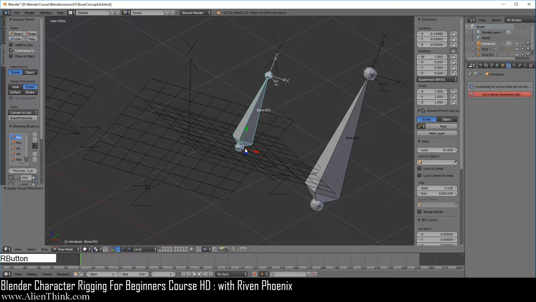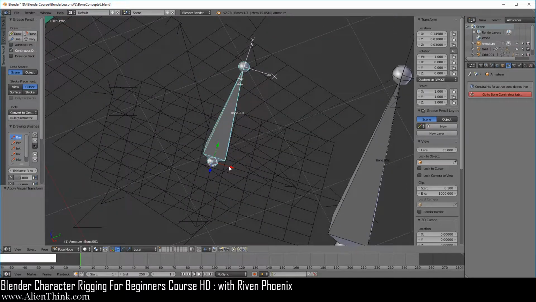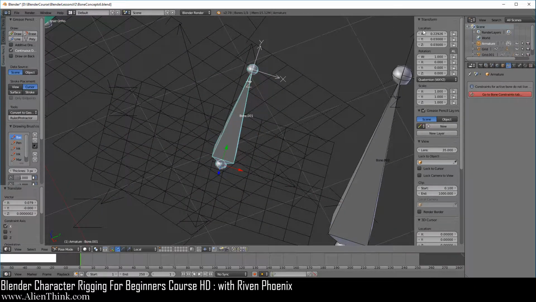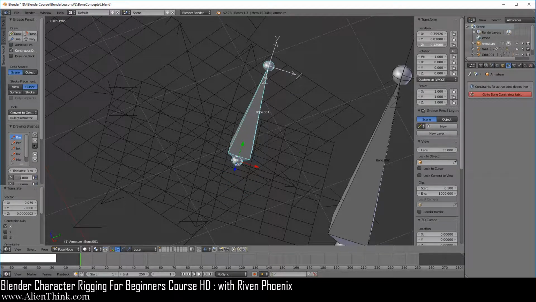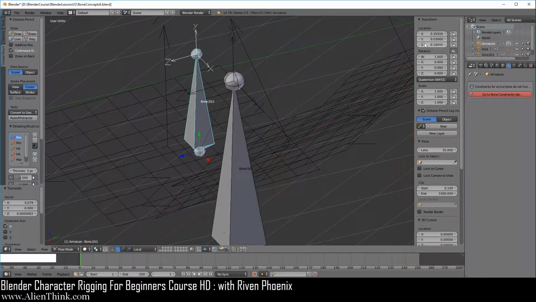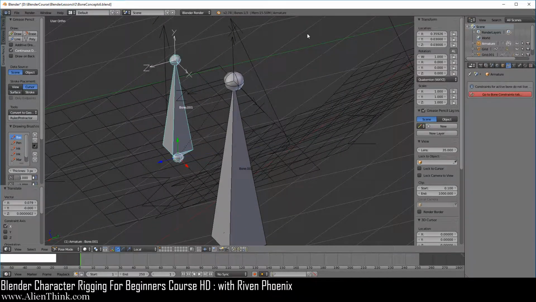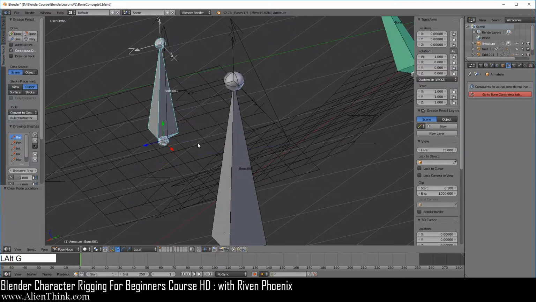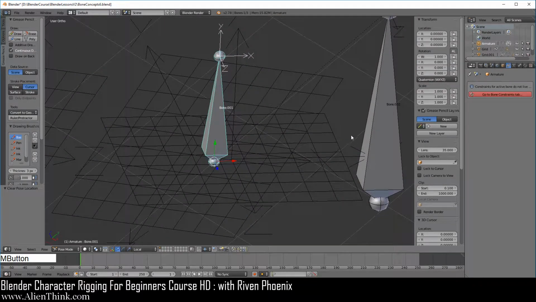So go ahead and click this. Now you'll see that when you move along the x, y, it was only moving along the x, and moving along the z. Okay, so that's what it is. It moves along the z. Here I'm going to do Alt G to reset its location.